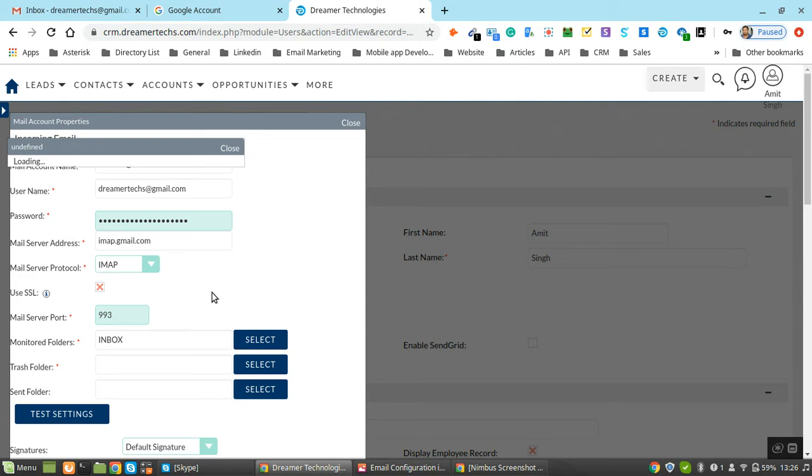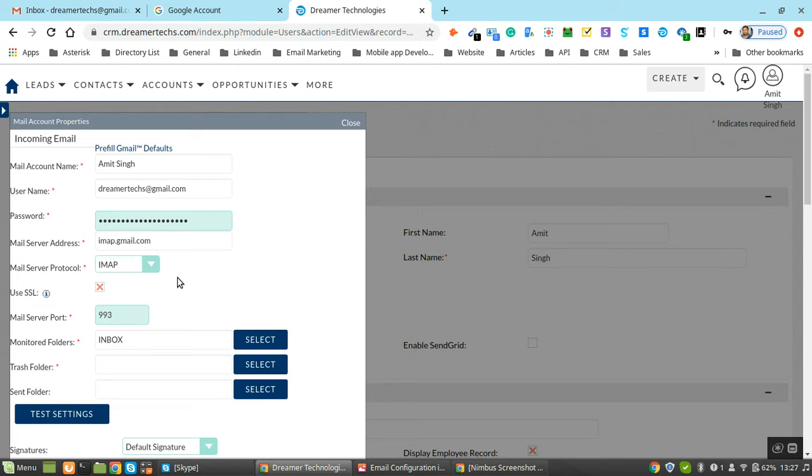It will take some time. Now you can see the message, the connection completed successfully, which means your Gmail configuration has been done successfully.